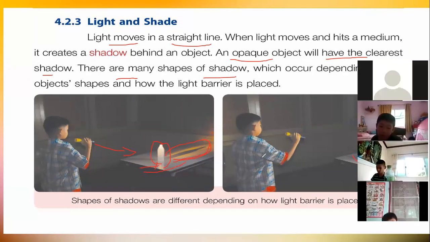No? You can try if you have a flashlight. In a dark place, if you point it at an object, you will find a shadow. The shadow will all depend on the object, its shape, and the light barrier. Okay, so now